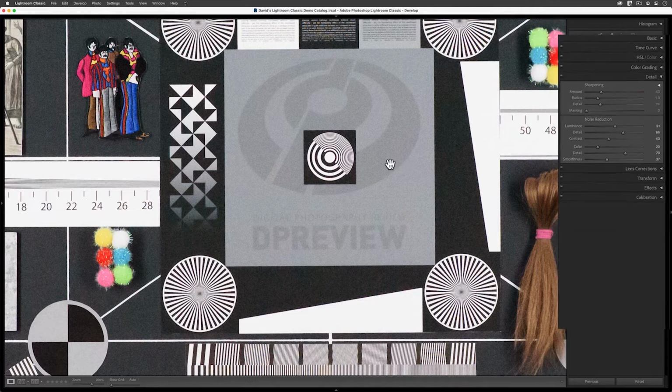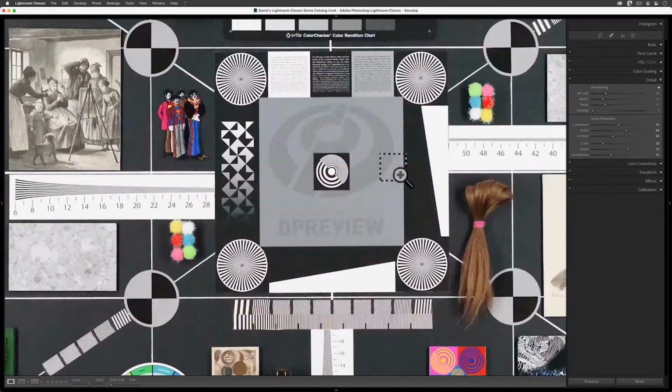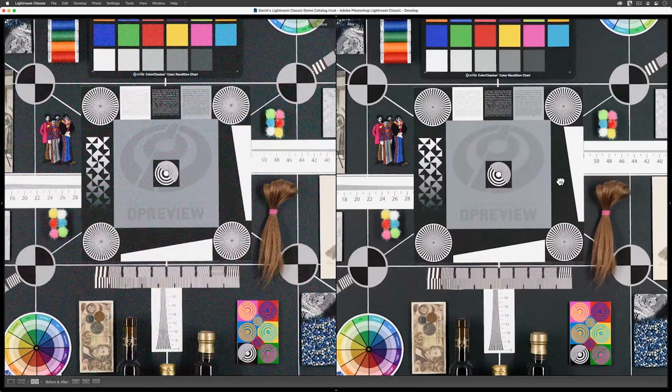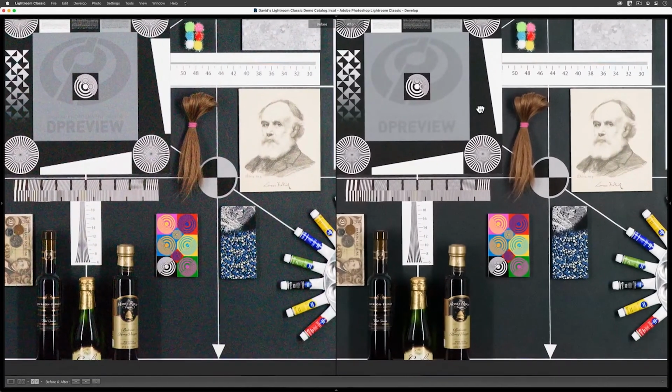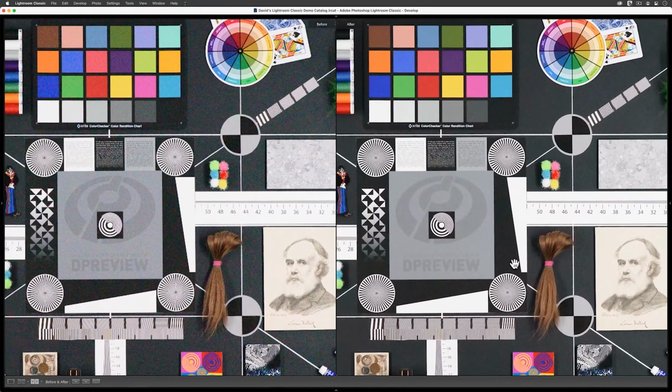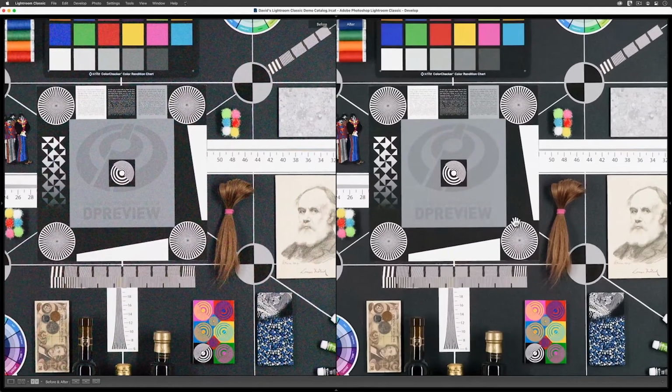Let me zoom out once more, and then I'll split my screen. As I move around this image, I hope that you can see what a huge improvement we've made here. The image on the right is not noiseless, but it's a whole lot better than our original. And that's really all that we can hope for when we're working from such a difficult starting point. Now that you've seen what these sliders can do for us, let's move on to a real image.